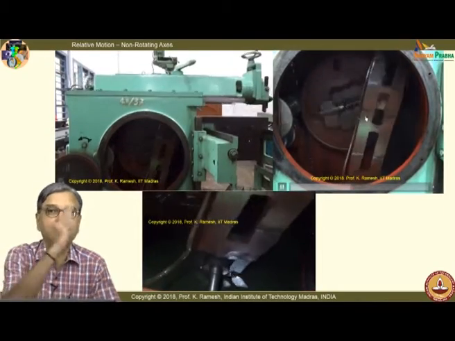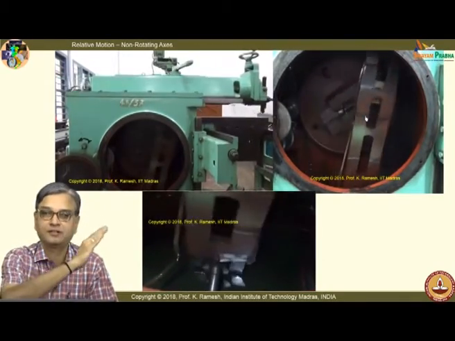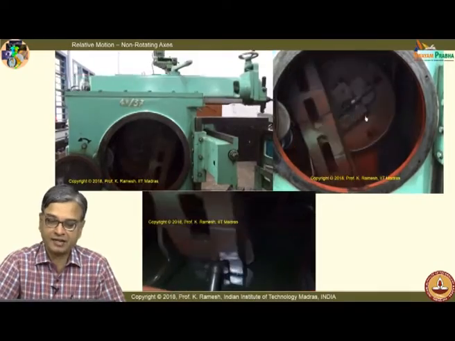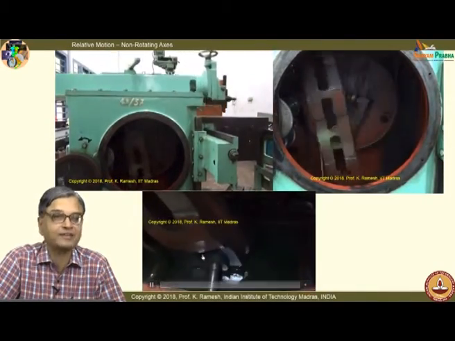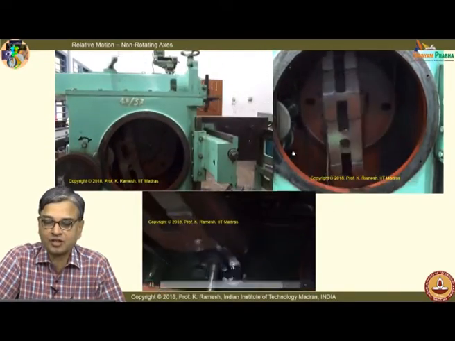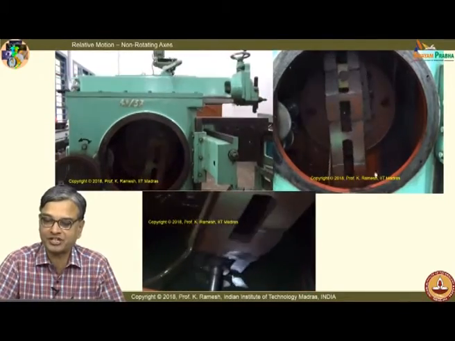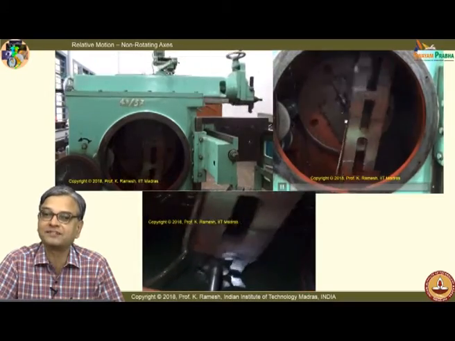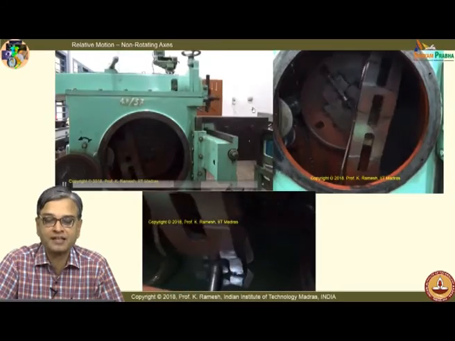So, you have an arm that is oscillating like this, okay, and that pin joint is literally in a bath of oil. Look at the amount of lubrication that is required, and also this slotted arm is quite sturdy. See, it has to withstand the cutting forces. It is not very light. You could see from the construction that this is quite sturdy, because when it does the cutting operation, it has to bear the cutting forces.